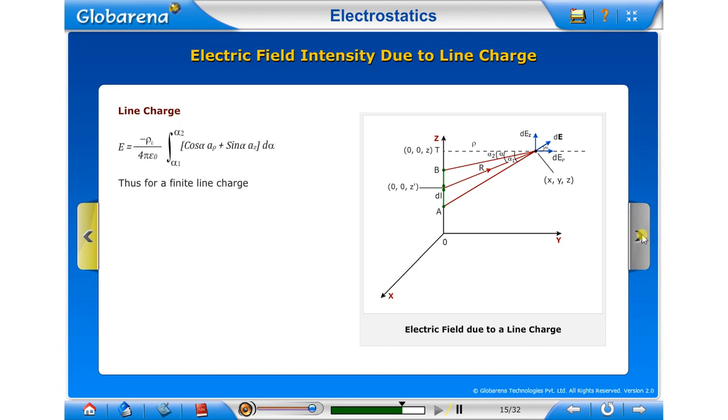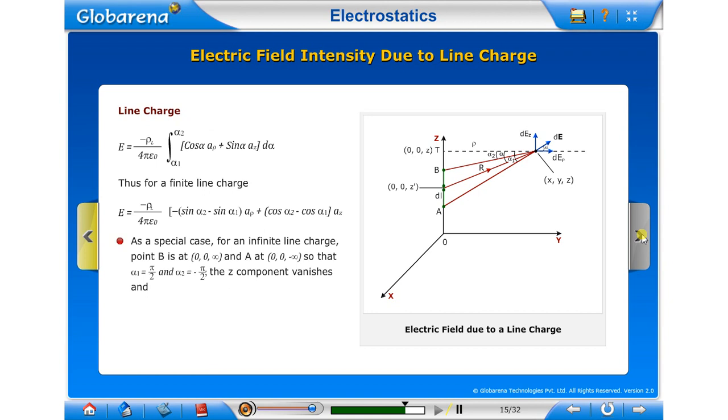Thus, for a finite line charge. As a special case, for an infinite line charge, point B is at (0, 0, infinity) and A at (0, 0, minus infinity), so that alpha 1 is equal to pi by 2 and alpha 2 is equal to minus pi by 2, the z component vanishes and